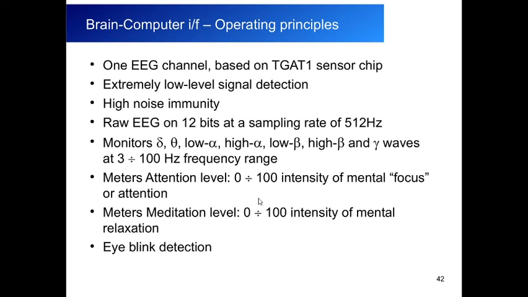We have one electroencephalograph channel, and it's based on this TG81 sensor chip. It works with very low-level signals. It is immune to noise, and it provides a very raw data set that is 12 bits at a sample rate of 500 hertz. And you can also